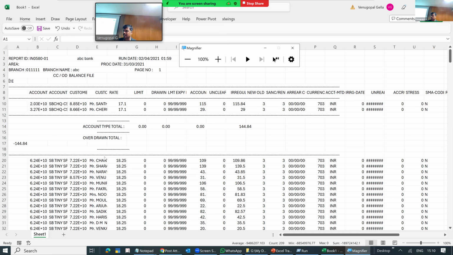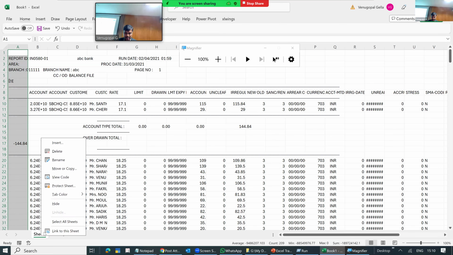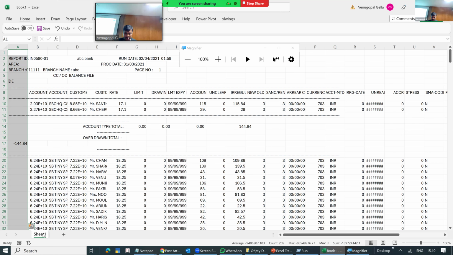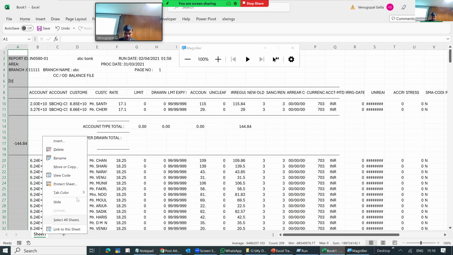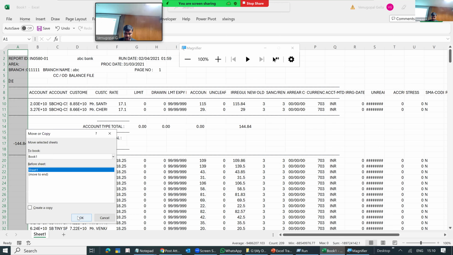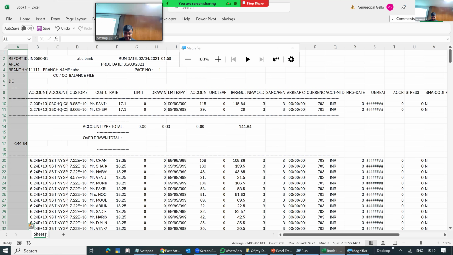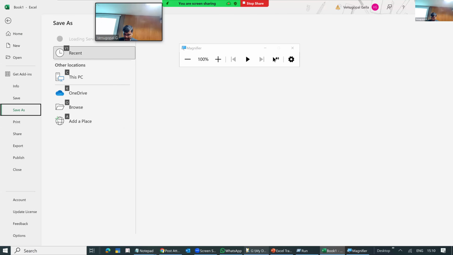Always create a backup. We never know when you will make mistakes. So I'm making a duplicate of this sheet and saving the file with appropriate names.